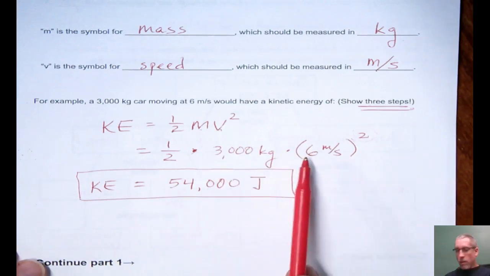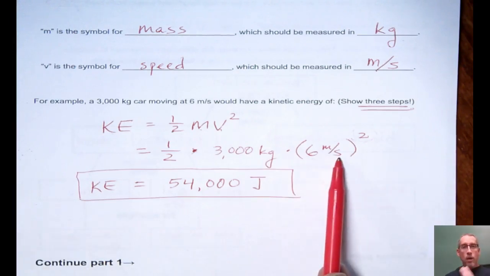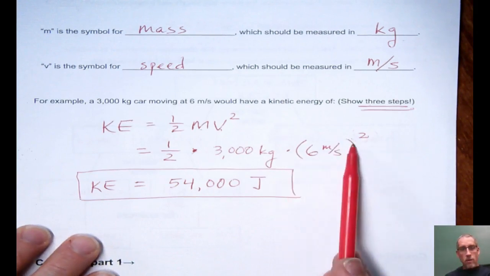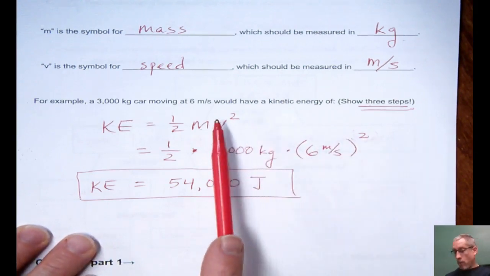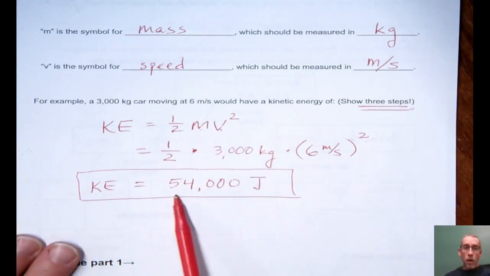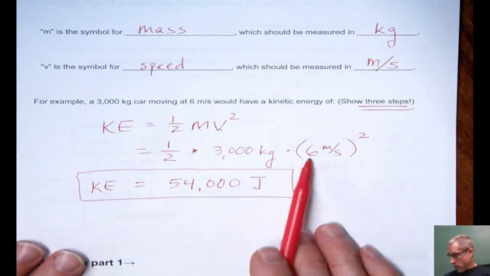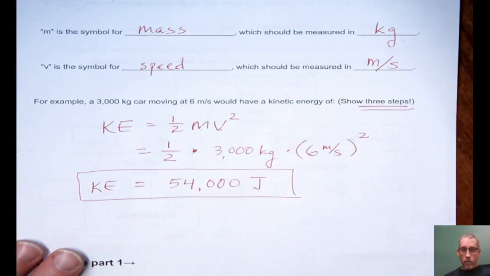However, doubling the speed will not have the same effect, and that's because the speed gets multiplied 2 times in this because of that square. So if I were to change this from 6 meters per second up to 12 meters per second, it's not going to double the kinetic energy. It would quadruple the kinetic energy. And again, you can try this yourself. If you put in 1/2 times 3,000 times 12 squared, instead of 54,000, you're going to get,